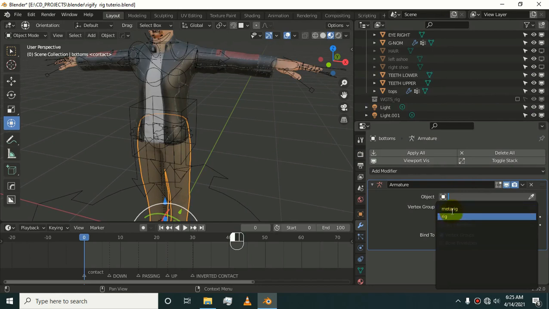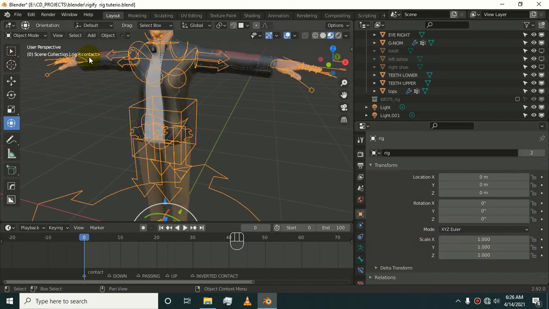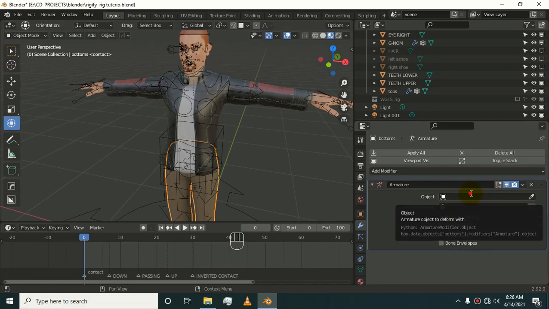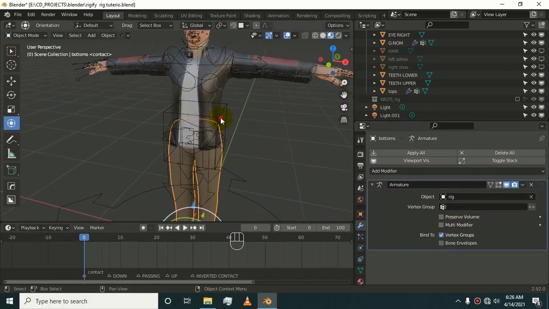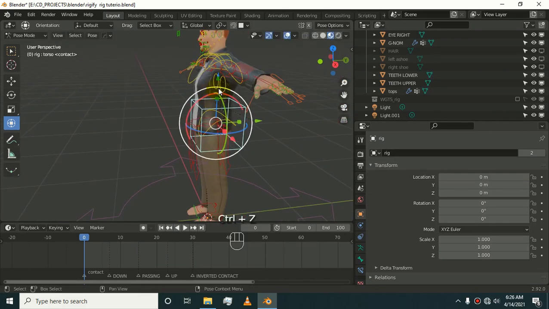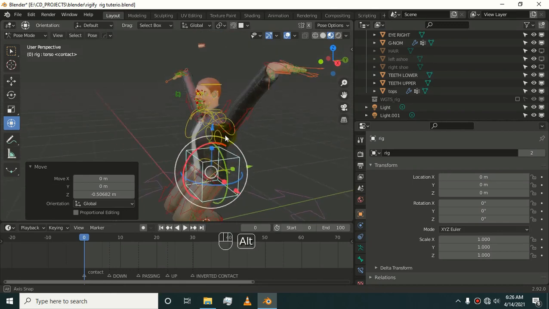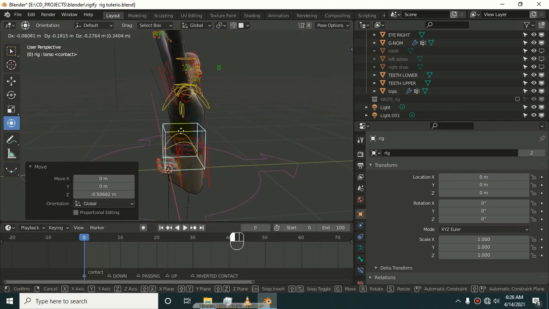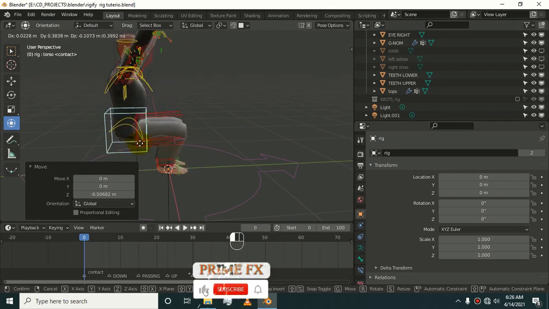Do not add our meta rig, just add the generated rig, which is this. This is the rigify rig. Just add that to our object. Now if we go, we can see our shirt and our bottoms are also moving with our body.